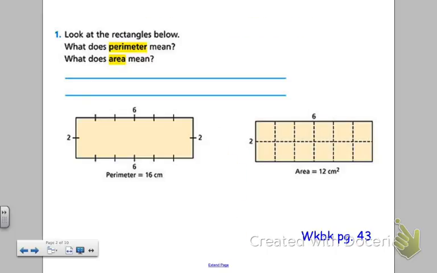If you look at your workbook, page 43, it says, look at the rectangles below. What does perimeter mean? What does area mean? Well, if you look at the very first rectangle, you can see that they've already given you the perimeter. The perimeter is 16 centimeters. That's because perimeter